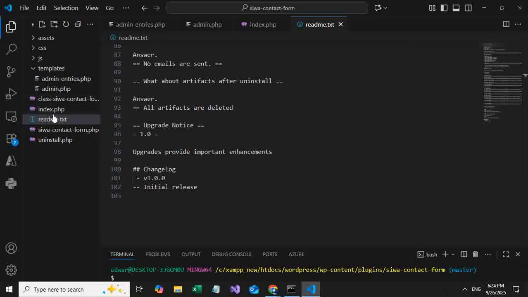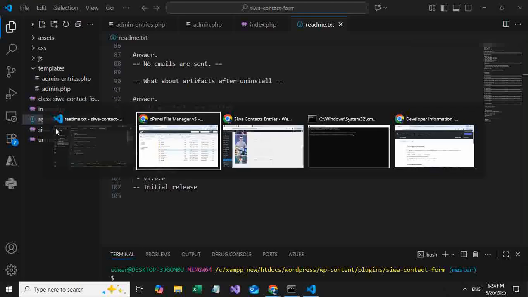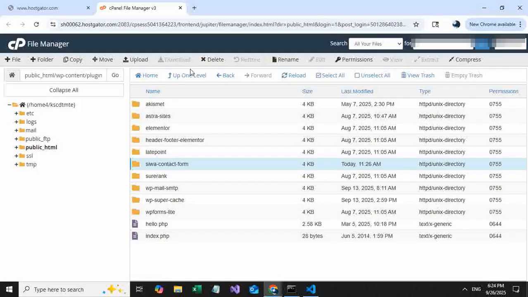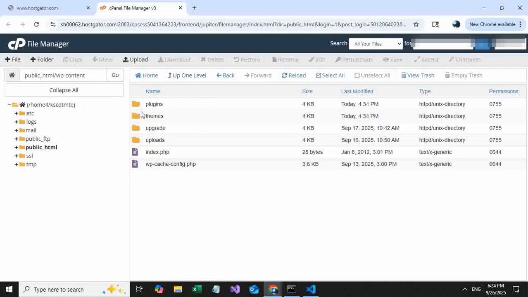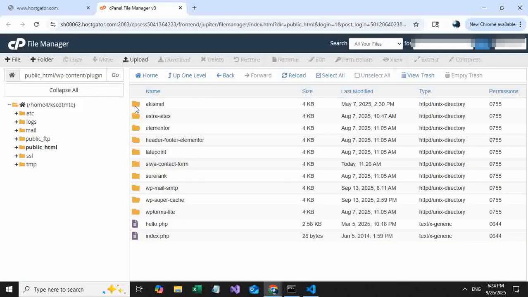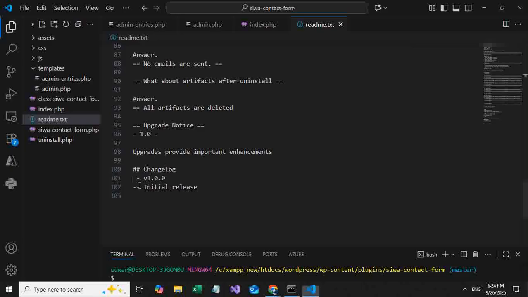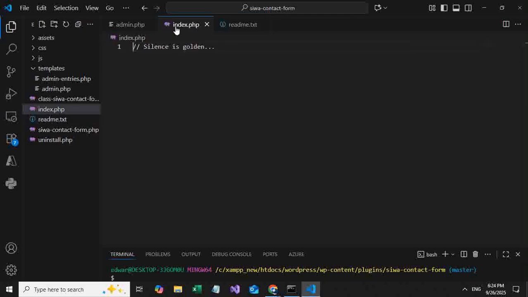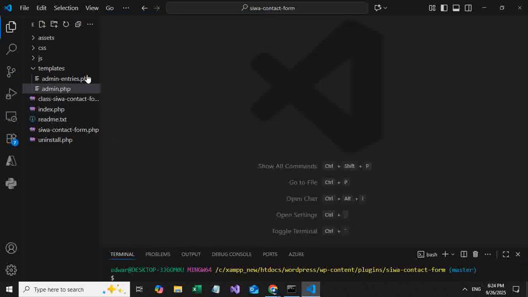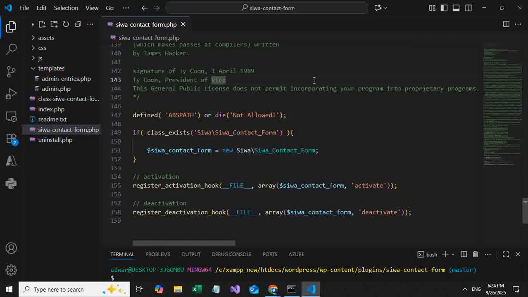So again, creating a plugin is very basic. Once you come in here into the plugins directory of your WordPress, whatever your folder's name is should be the name of the entry point. So my folder's name is Siwa Contact Form and Siwa Contact Form PHP. That's what's going to be called first. So if I go to Siwa Contact Form, and that's just your